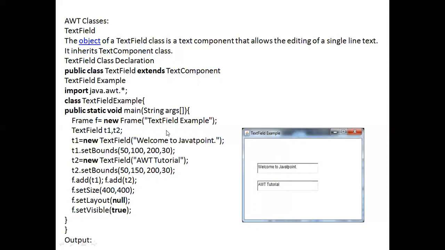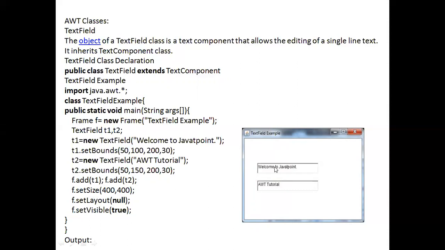After that, we have declared two variables, T1 and T2. T1 is TextField 1, T2 is TextField 2. T1 is equal to new TextField, Welcome to Java Point. So we have developed two text fields.